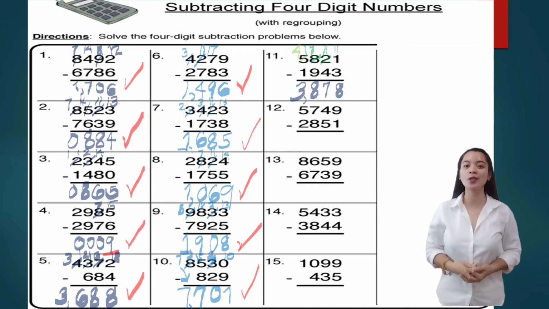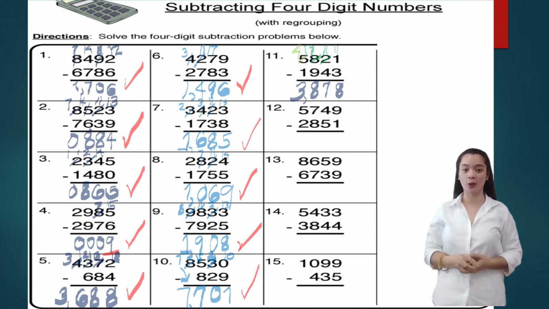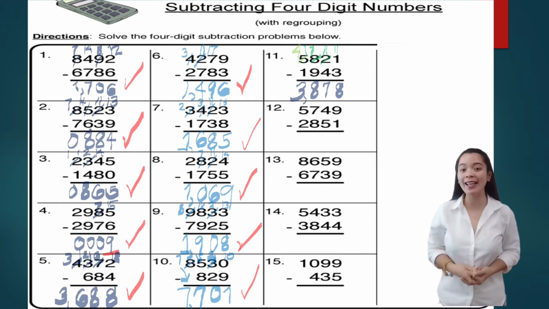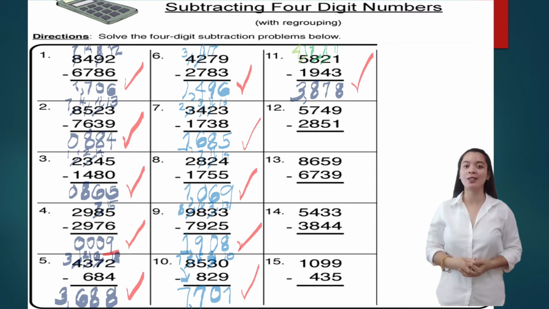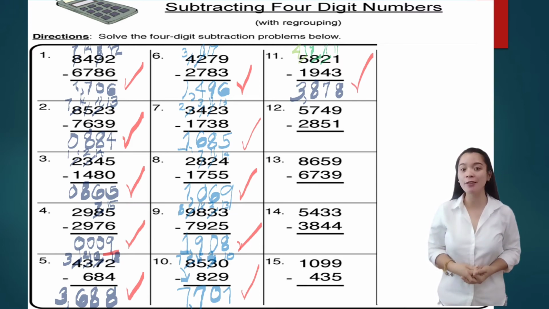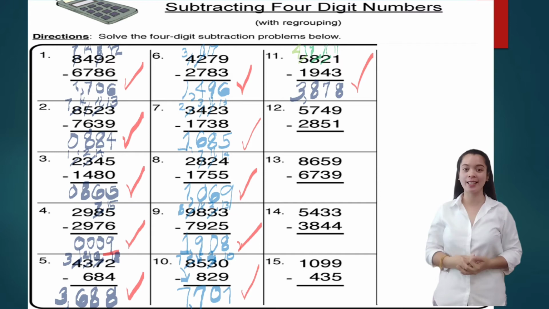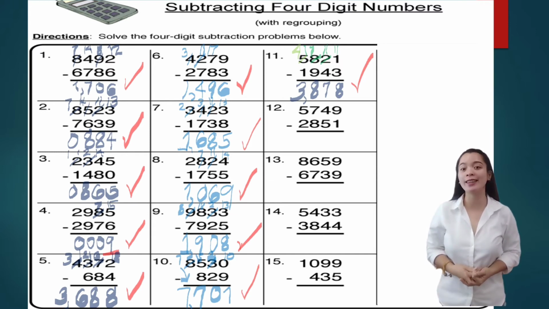So our answer is 3,878. Who got the correct answer? Very good. Let's check. Now let's go to number 12. We have 5,749 minus 2,851. So we have 9 minus 1 equals